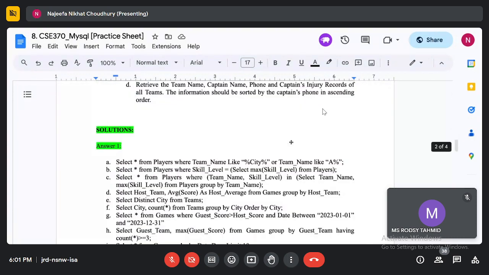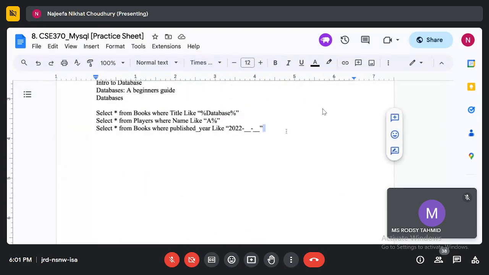In that case I will use ORDER BY. I say SELECT star FROM players. I don't need WHERE, there is no condition, so I'll just say ORDER BY skill level.